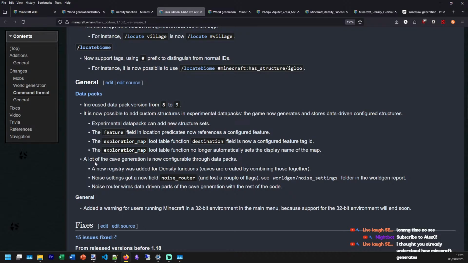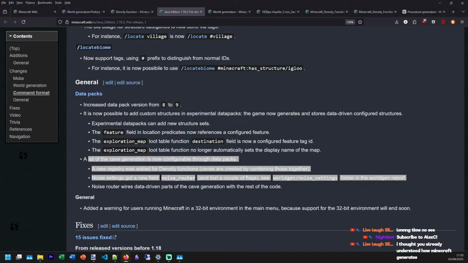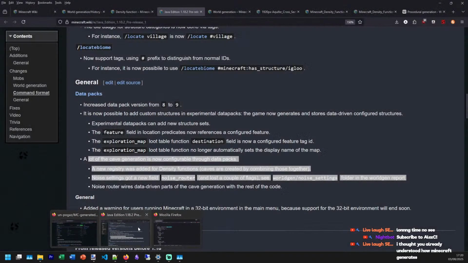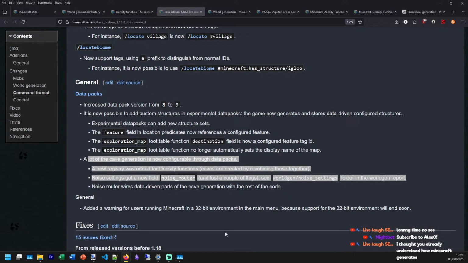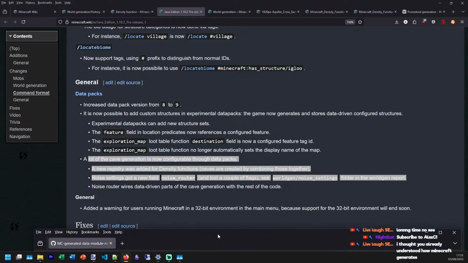In the World Gen report. Damn it, wrong one. Give me a second. World Gen slash... I don't see it.